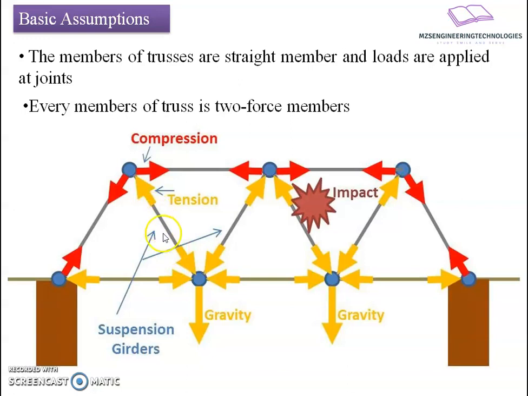The members which are subjected to extension, we say they carry tensile forces. Vice versa, the contracting members will have compressive force developed. This will be developed either by gravity or certain impact. Okay. So when we say there is a reversal of the force, then they may be subjected to